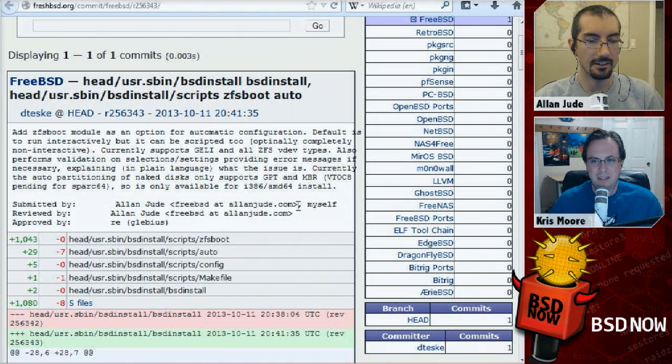Okay. And then the other one was extending what you can do with ZFS. Like with the current implementation, you don't really pick what data sets are created. It uses what the community has decided is a good best practice data set layout. You can provide a different one via a shell variable if you're scripting the install, but there's no graphical interface for it yet. So we're looking at that, although it's quite complicated, and I don't imagine it'll be done in time for 10.0. Probably not for 10, but in the future, you'll be able to have a lot more control over the data sets as well,